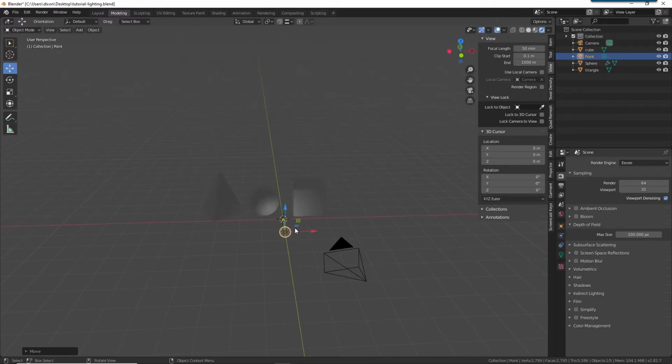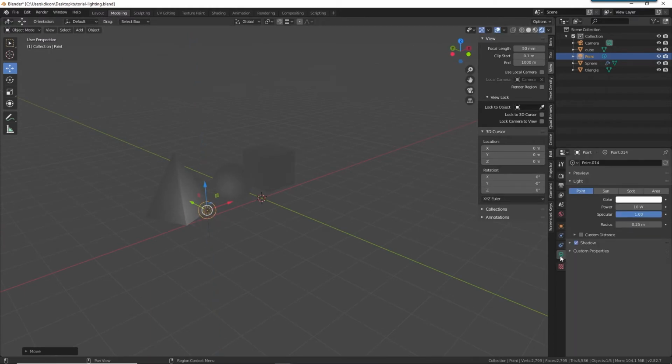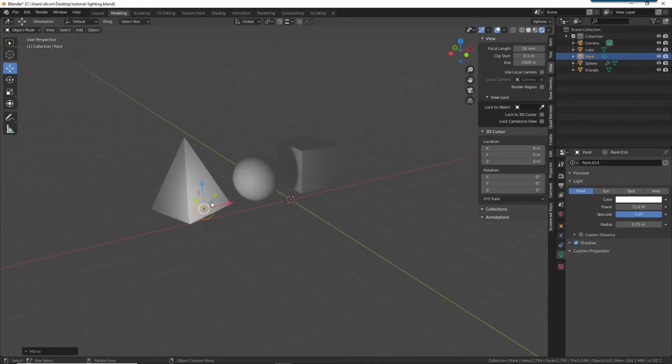So with a point light in the scene, the first thing that we notice is it's very dim and we need to make it brighter. To do that, we come over to the tab here where we can see a light icon, and we can just pull the power up or down depending on how bright we want the light to be. If we want to add another light in the scene, a quick way to do this would be to select the light and select Shift D